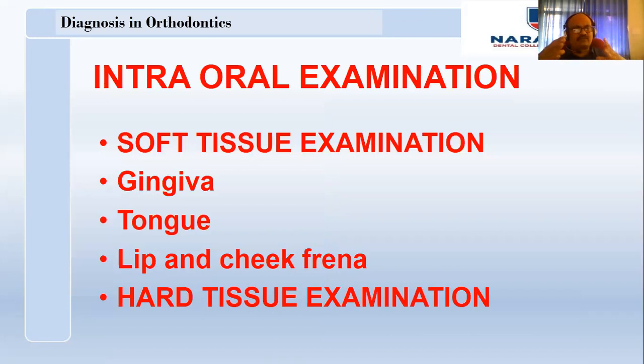Intraoral examination consists of the soft tissue examination and the hard tissue examination. So from a generalized view of soft tissue, we will go into a generalized view of hard tissue. After noticing the generalized condition of the dentition, now we will examine closely the intra-arch relationships. We know by Andrews' six keys of normal occlusion how the dentition should be. There should be no crowding, no spacing. The curve of Spee should be very flat. All this we have learned in our basics.